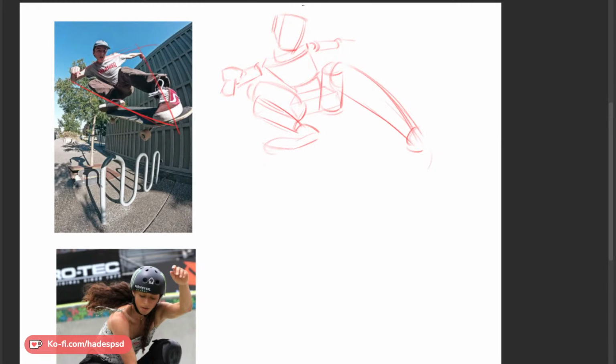Yeah, the head angle is very foreshortened. Yeah, definitely is not a beginner pose.